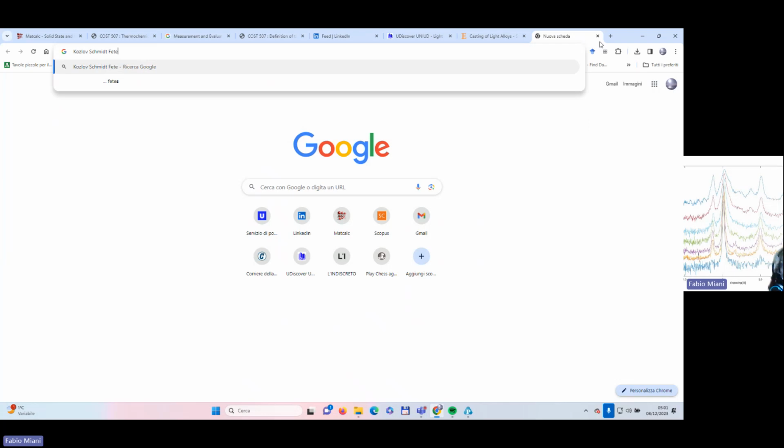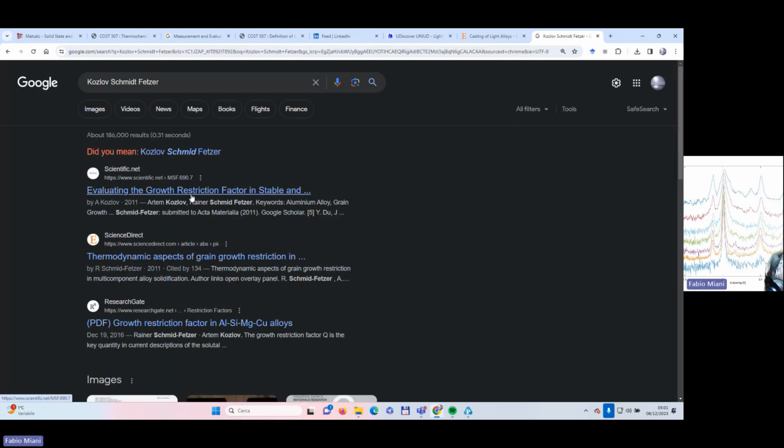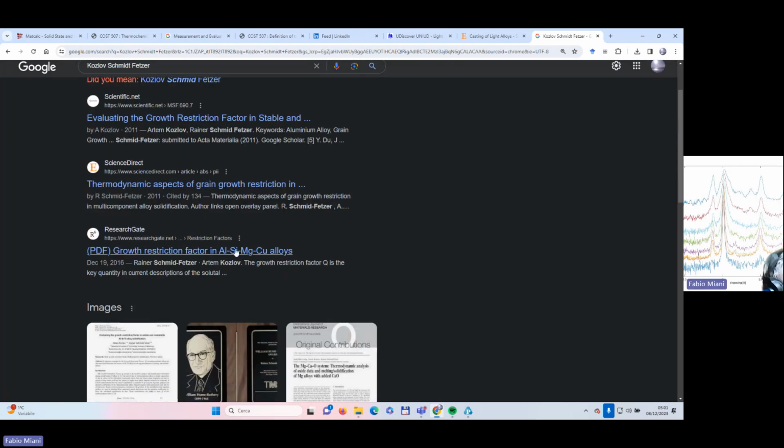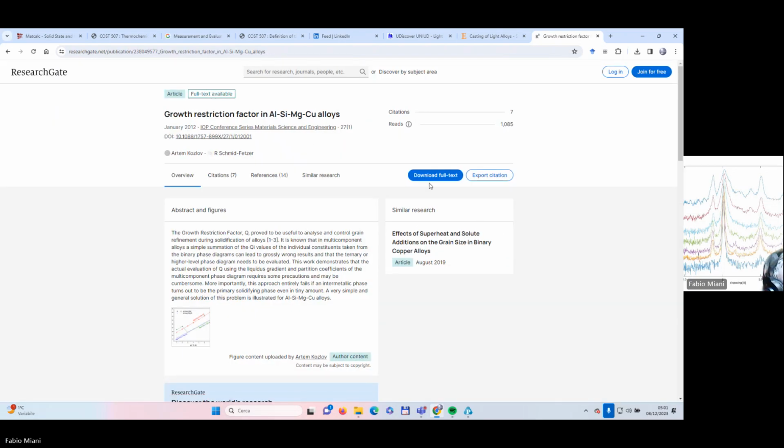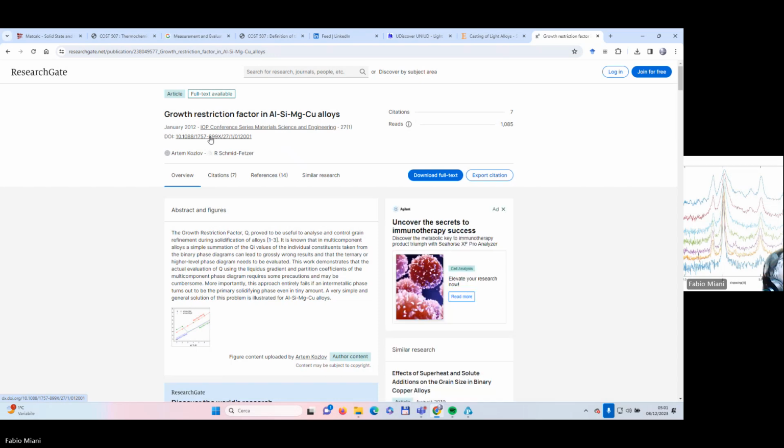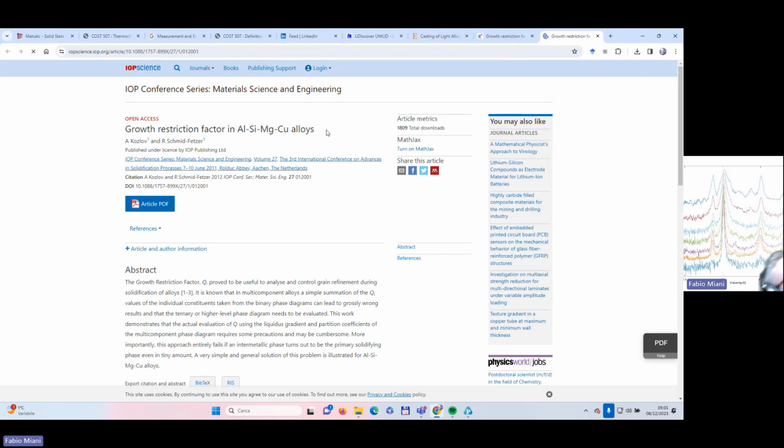Hope we will find it soon, which is for free. Let us check if it is sealed for free. Yes. So growth restriction factor in aluminum, silicon, magnesium, copper alloys. Okay. This has been published some 11 years ago,